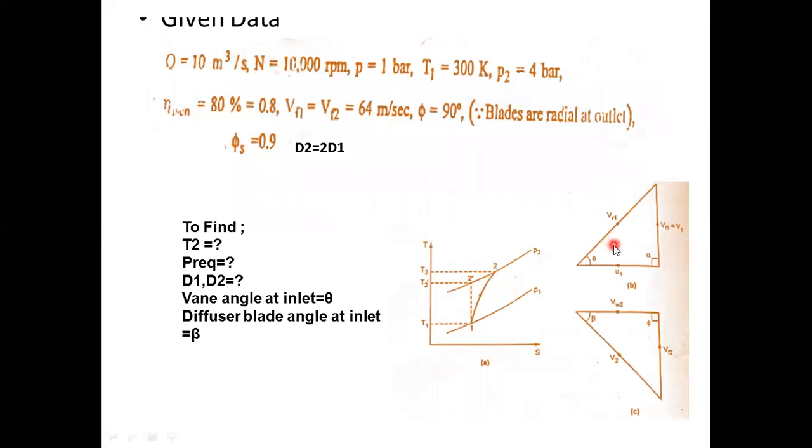So just see these velocity triangles now. This is a velocity triangle at inlet, initially showing the figure over here. Okay. So this is an inlet triangle. The air is going to strike the impeller blade with the relative velocity component with angle theta. This is U1 horizontal, and as we know that air is entering the compressor with the alpha angle of 90 degree, that is V1 is equal to Vf1. At outlet, as blades are radial at outlet, so phi is 90 degree, so it will leave the blade also with Vf2 equal to Vr2. Actually Vr2 is missing over here. Otherwise Vr2 would be somewhere like this.